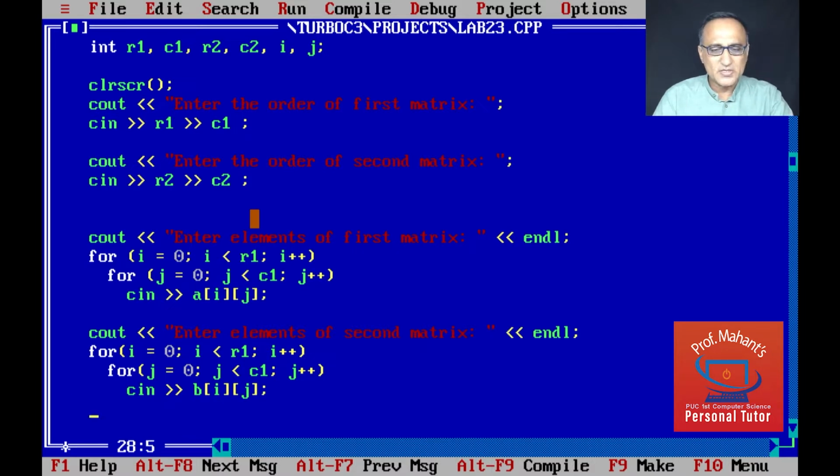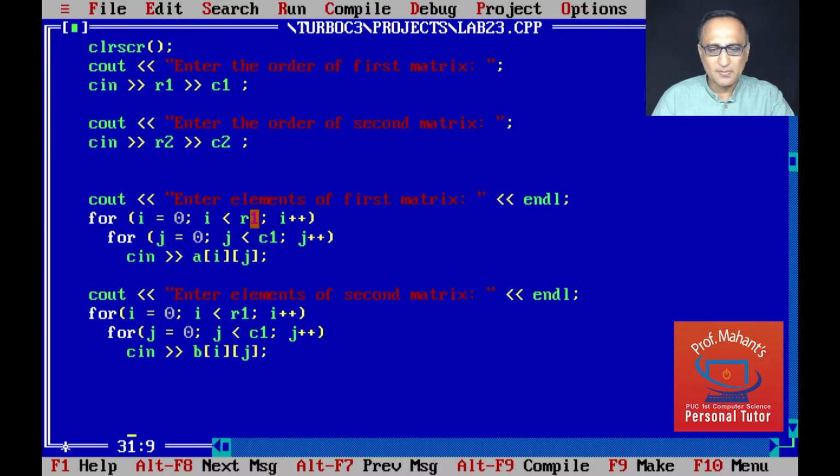Now what I need to do is, I can find the sum only if the number of rows of the first matrix is equal to the number of rows of the second matrix, and the number of columns of the first matrix is equal to the number of columns of the second matrix. So for that, I'll say if R1 equal to R2, and we'll use the logical operator and, C1 equal to C2. All right, so then what are we going to do? We are going to